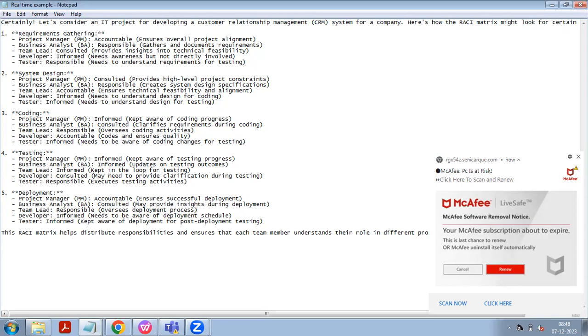Developer, they are just informed. They just have to be in the brackets. It says needs to be aware of the deployment schedule. Of course, let's say one sprint time is what